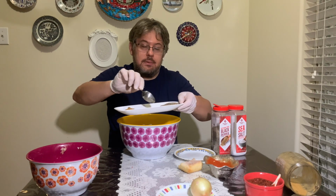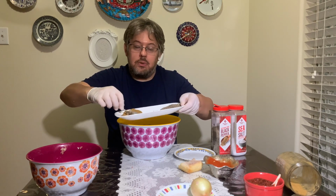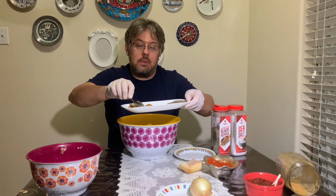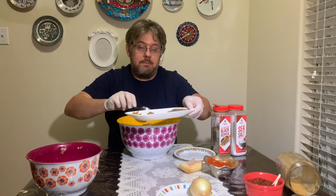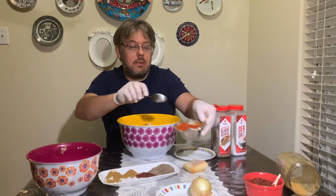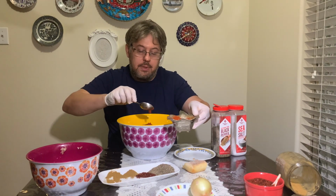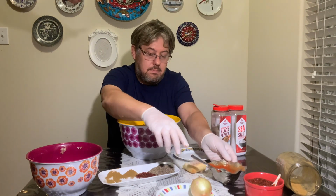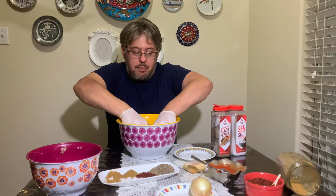Black pepper, 2 teaspoons, and cumin, and salt, and red pepper. Okay, it's time to knead patiently